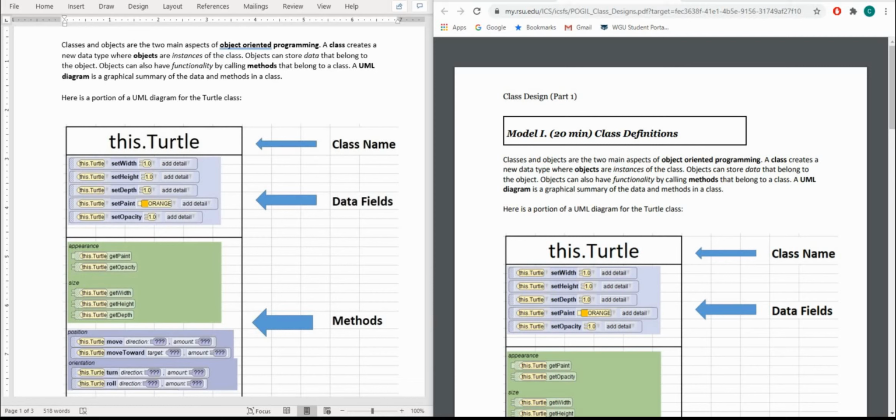This worksheet begins with a graphical summary of a particular class. I'm going to leave that up on the left because all the questions refer to it as we go through it. I especially like the beginning of this worksheet where it says classes and objects are the two main aspects